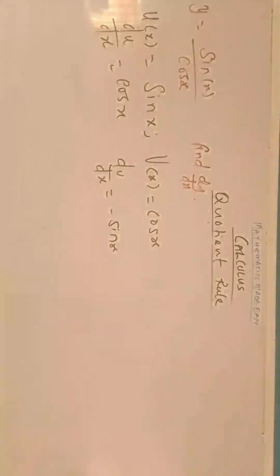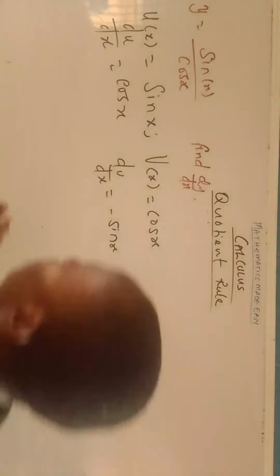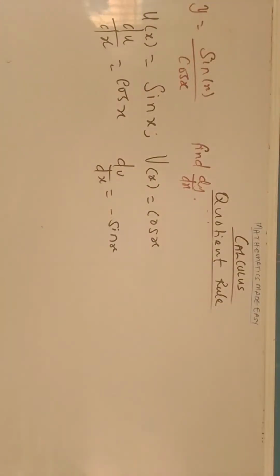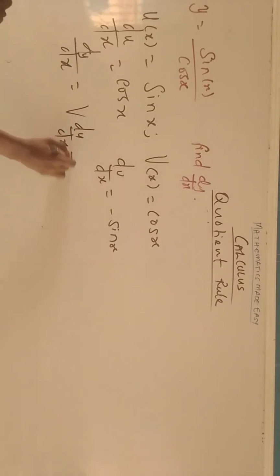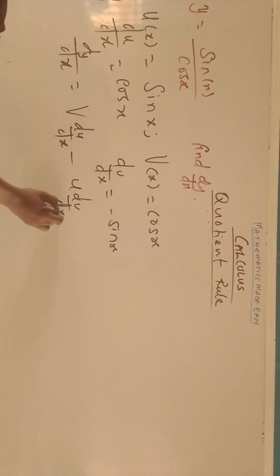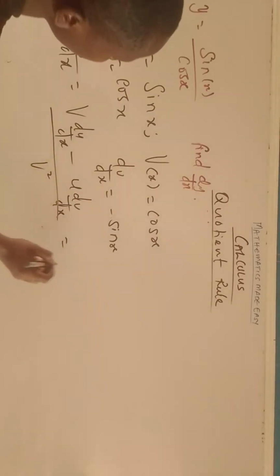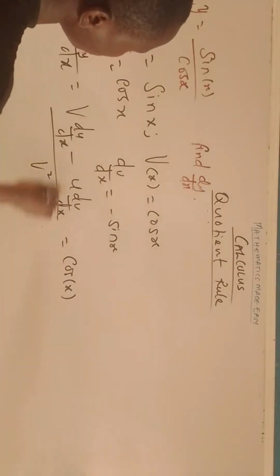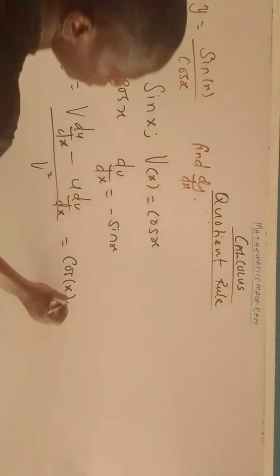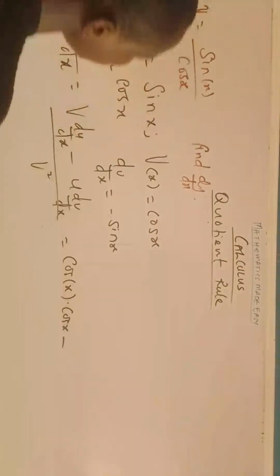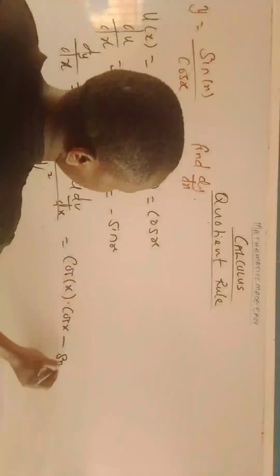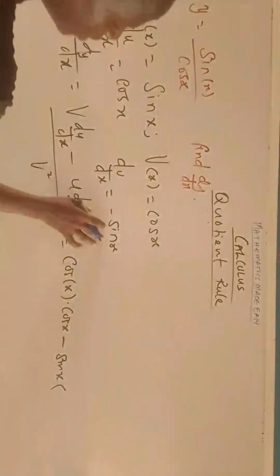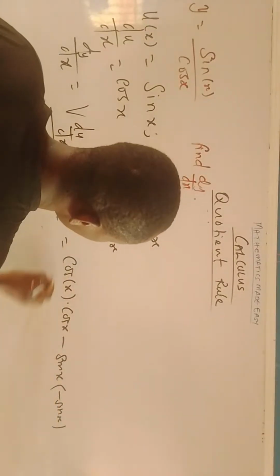Then the next thing we are going to do is apply the formula. We know that dy over dx is equal to v du/dx minus u dv/dx, then everything over v raised to the power of 2. So what is our v? That is cos x. So we have cos x multiplied by du/dx, which is cos x, then minus u, which is sine x, multiplied by dv/dx, which is negative sine x. Then everything over